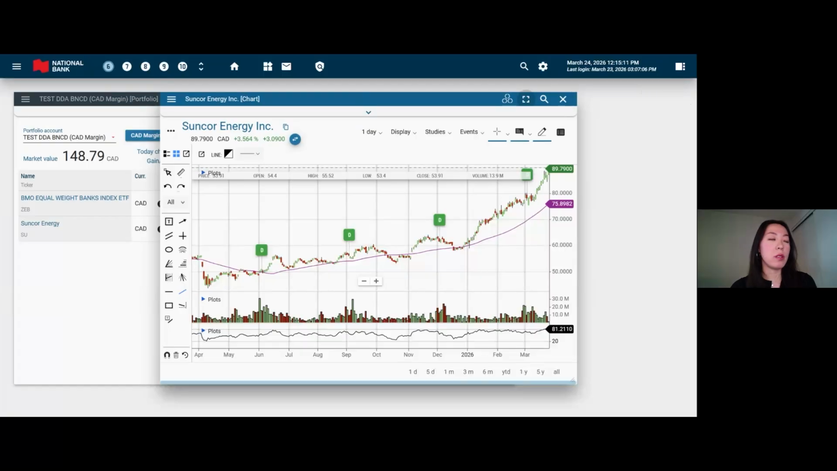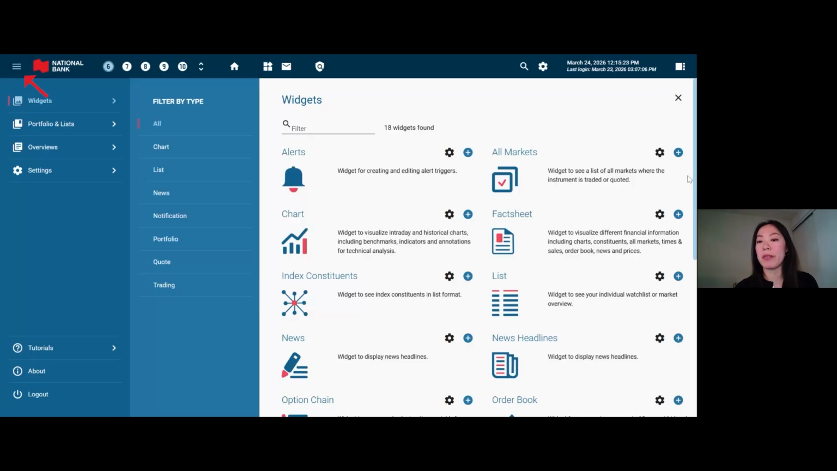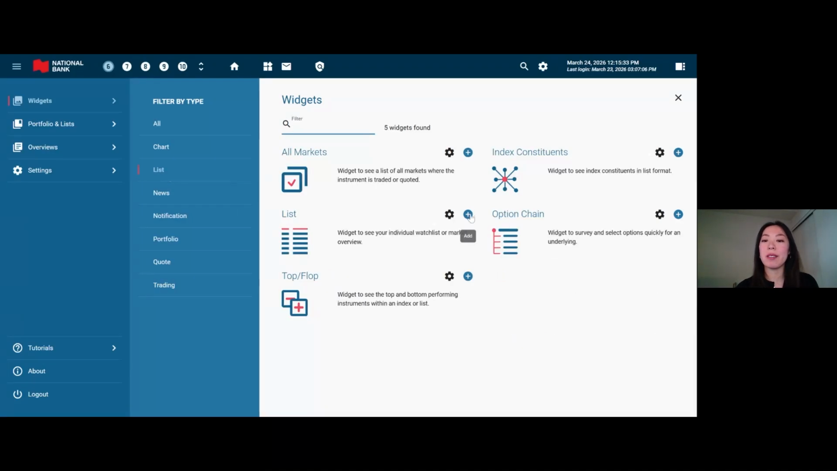All right, so we took a look at our portfolios, took a look at the chart widget. So let's add a watch list now. So where do we go for that? Again, main menu, top left-hand side, and there is a list button. You'll notice that there are also some categories in the middle here. So we can click on list,